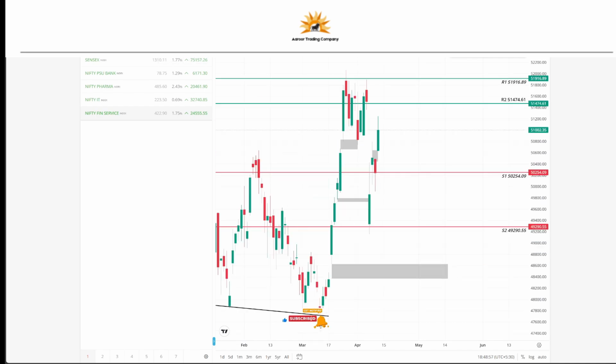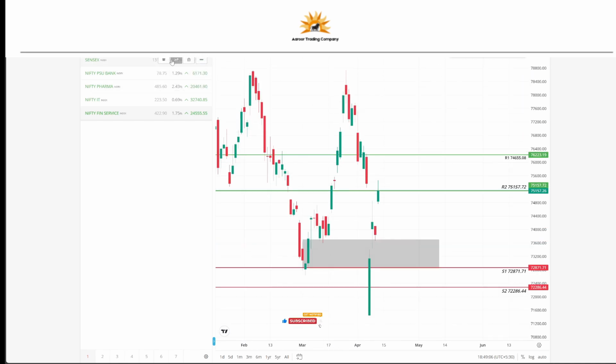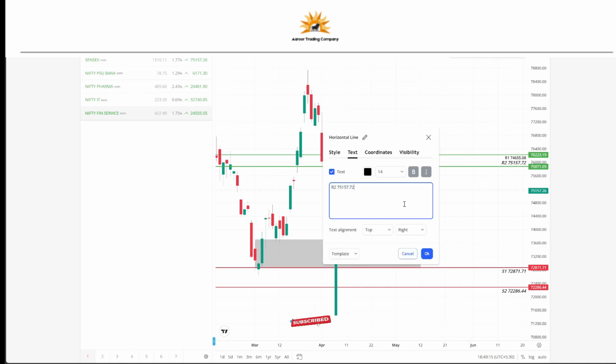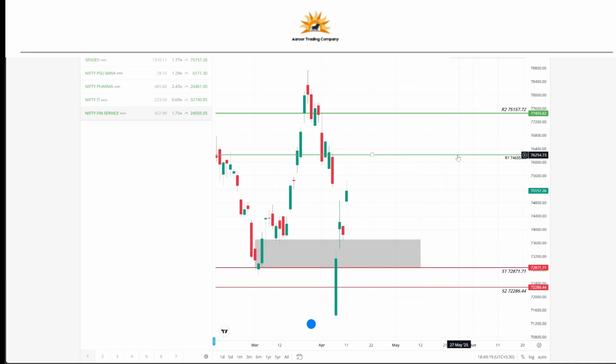Okay, so I'm expecting the market should reach this level, whereas the resistance is, just a moment, I will check Nifty Bank. Yeah, the Bank Nifty is also okay. So I'm moving to Sensex. So the R1 is hit, it's in R2. Okay, fine, I'm pushing the R2. Okay, the R1 level is